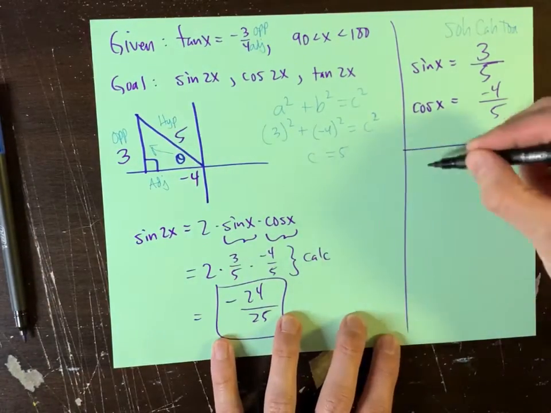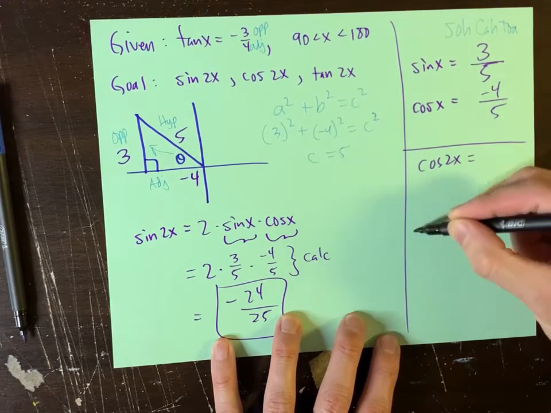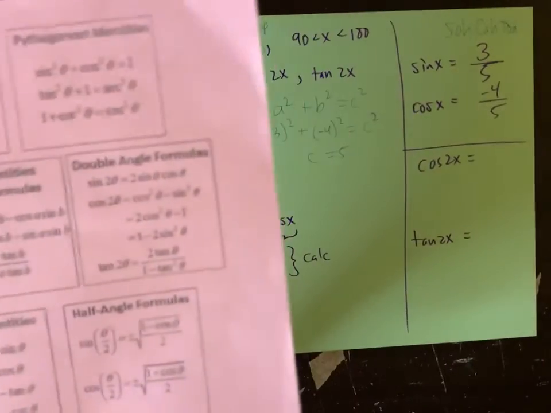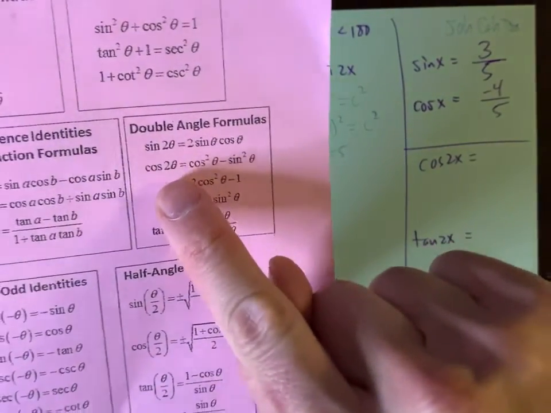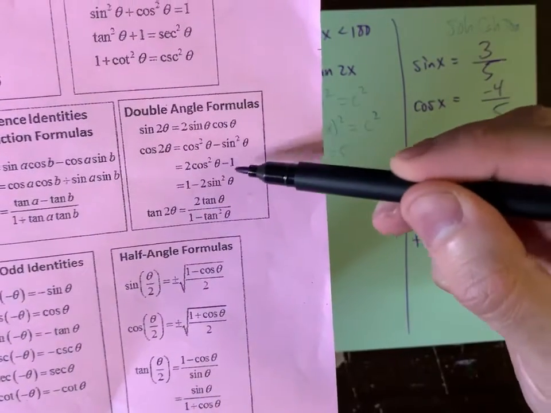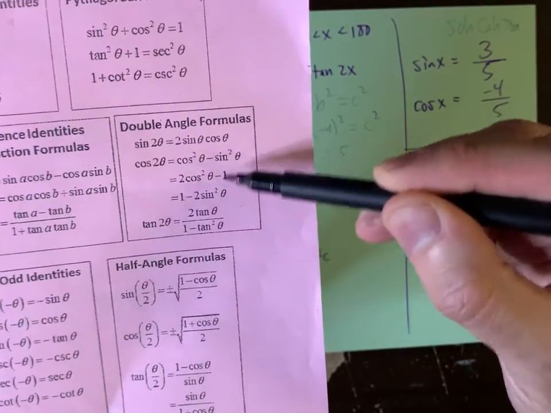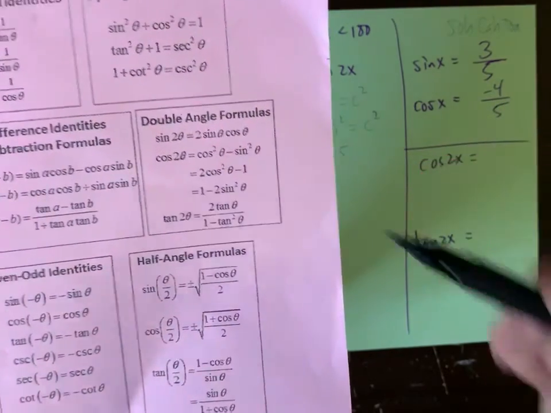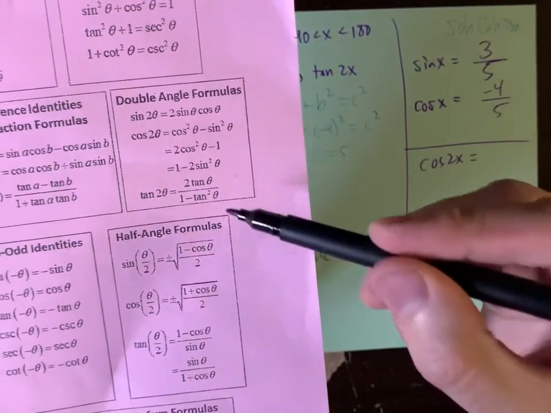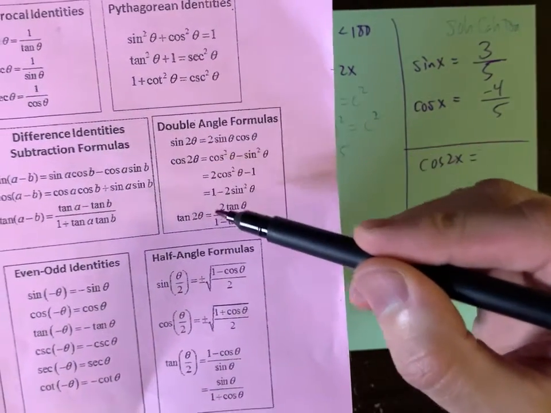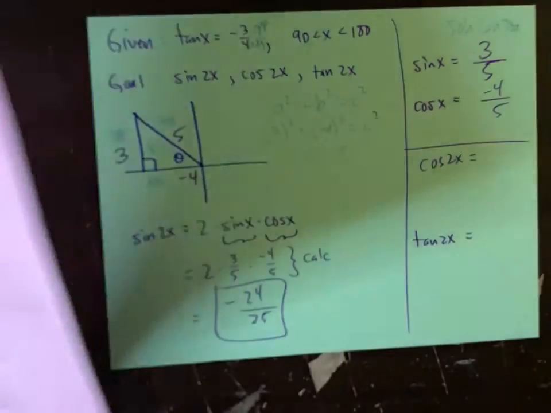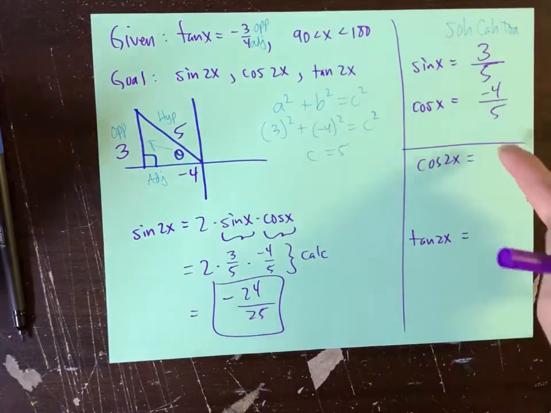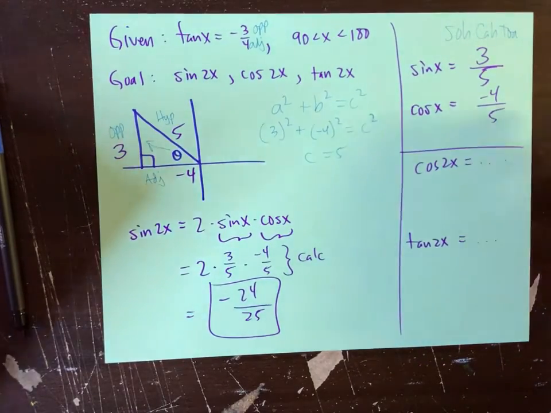Now you have to do cosine of 2x and you have to do tangent of 2x, where cosine 2x is this here. So cosine of 2x has 3 different options. Pick any option, it doesn't matter, you'll get the same answer for all 3 options. For tangent of 2x, you only have this option down here. So cosine 2x and tangent 2x, approach them the same way that I approached sine 2x. Okay, and then I'll let you do these parts here on your own. But let me get you started with the next